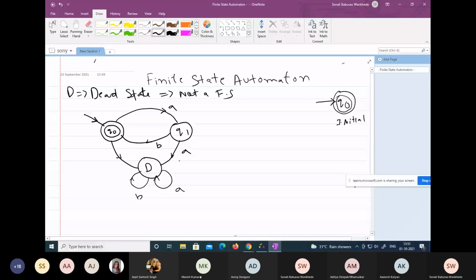Suppose this is the state diagram I'm showing to you, and the question will be,